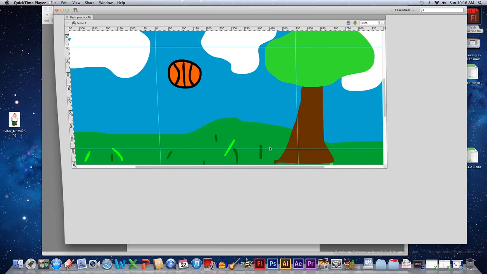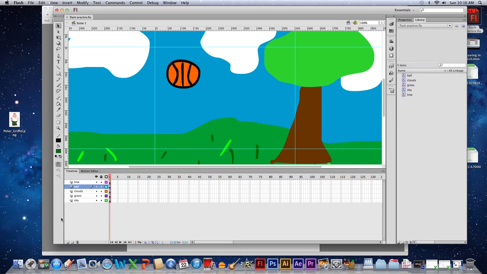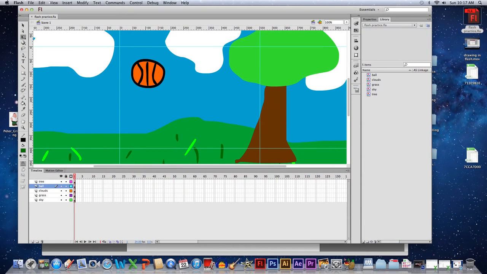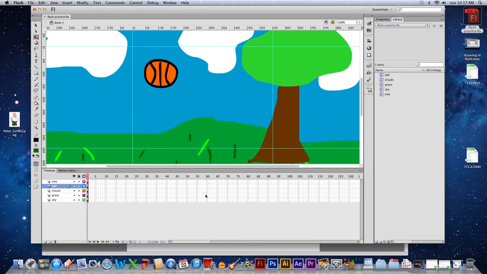So if we go back to our file, we have everything ready to go, and basically we're working within here now. And we're going to use basically our free transform tool and our selection tool, but we can probably just stay on free transform most of the time. So here's our frames, remember, and the first thing it says is set keyframes for all layers at about 80. So I like to work sort of like a video camera. So this would be where I push record, frame 1,